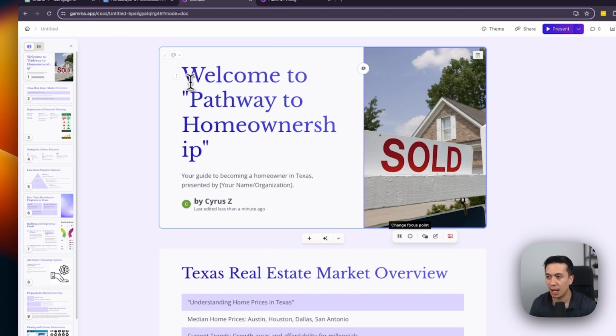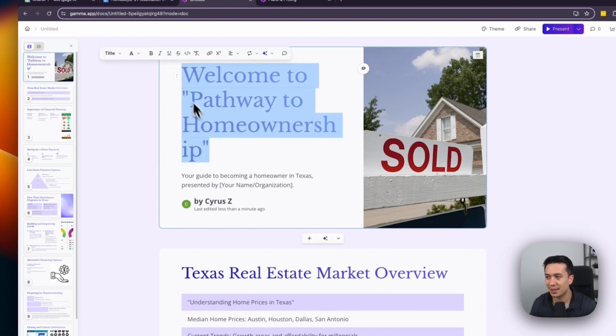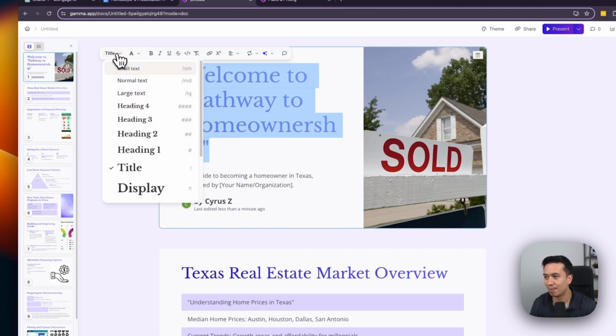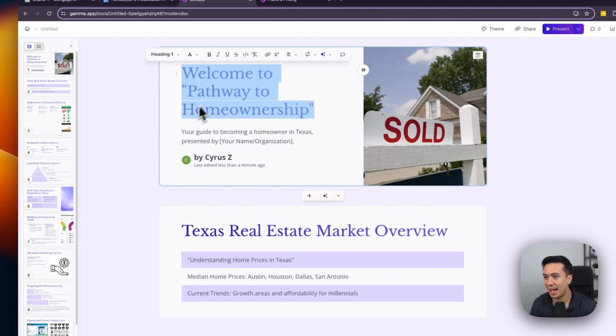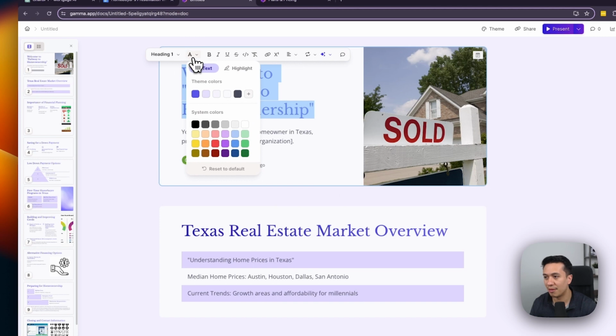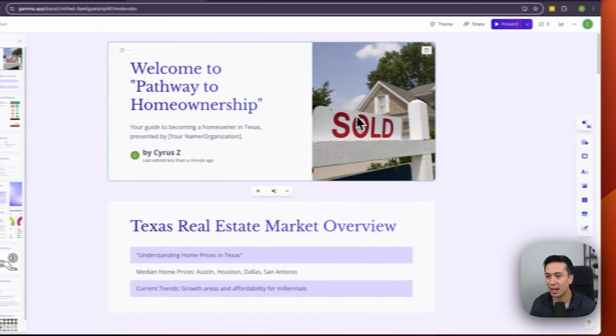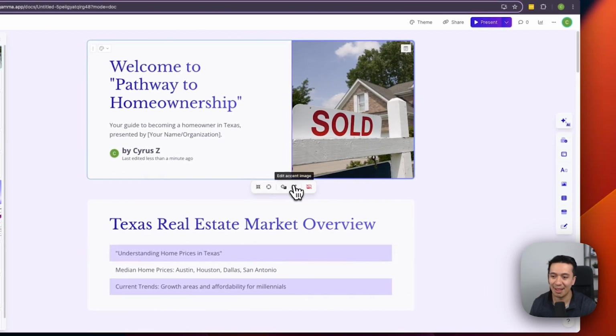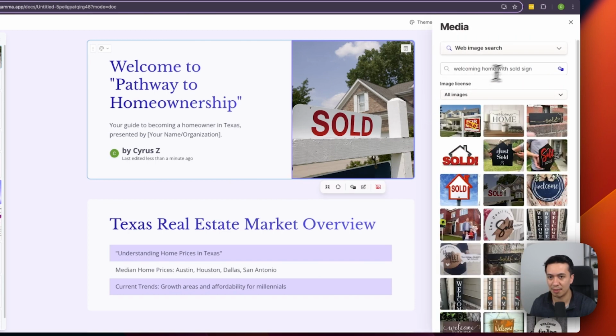So first of all, I don't like that the home ownership is cut, so I might decrease the heading or play with the font size a little bit here. Maybe I want to change this image from a sold sign, because they're not selling a house. They're actually trying to buy a house. So I'm going to edit the image. I'm going to maybe come up with,